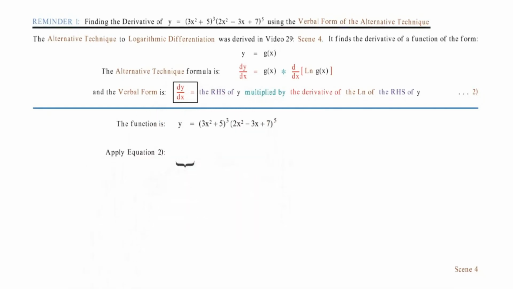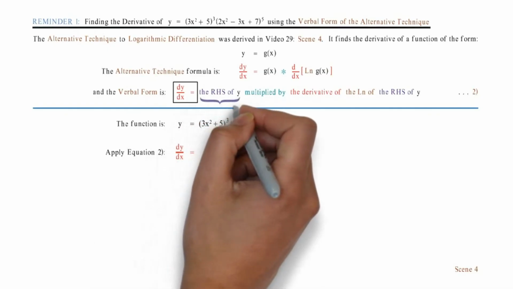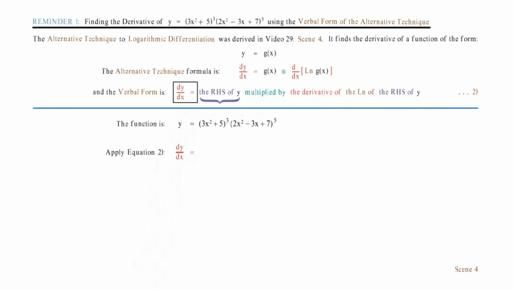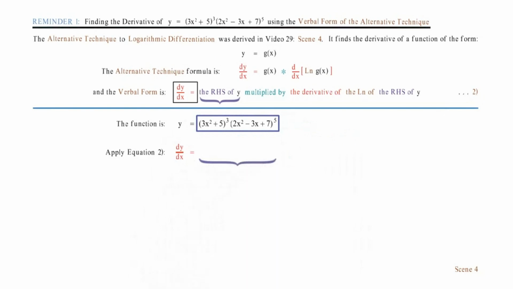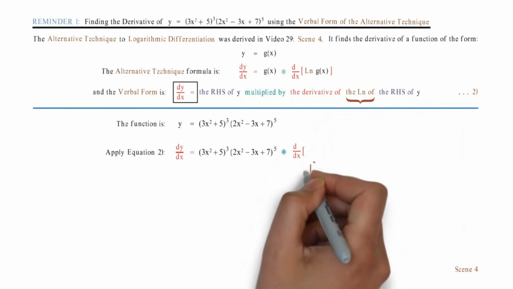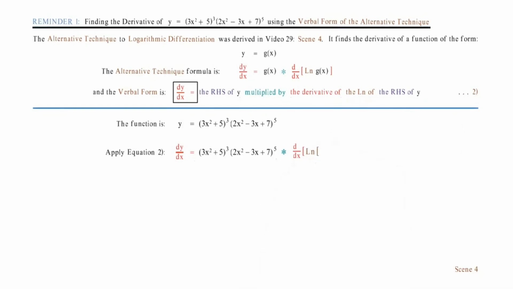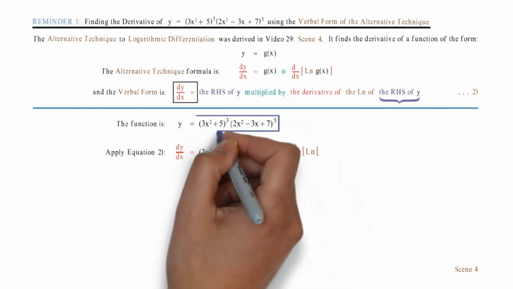Bring down. The right-hand side of y is this expression, so substitute. Multiplied by is times. The derivative of is d by dx of. The ln of is ln of. The right-hand side of y, as before, is